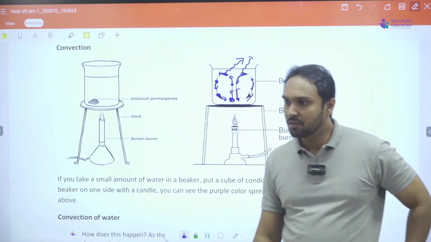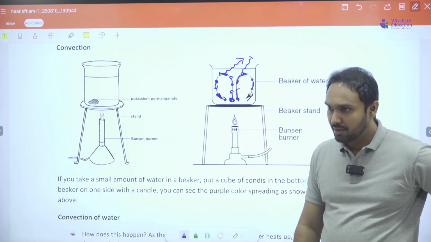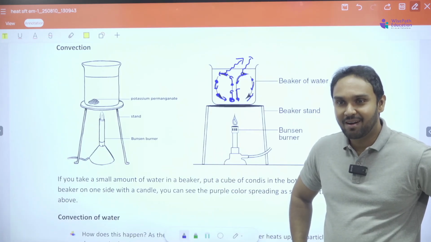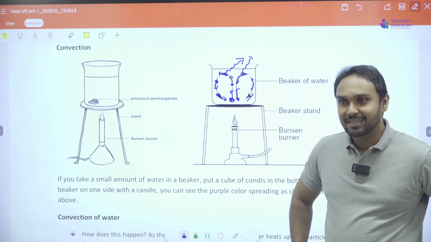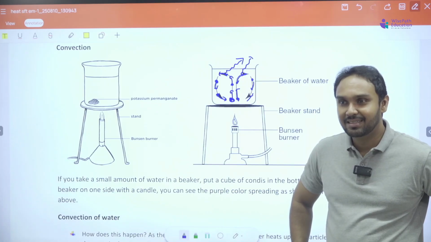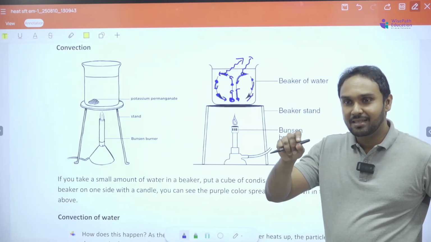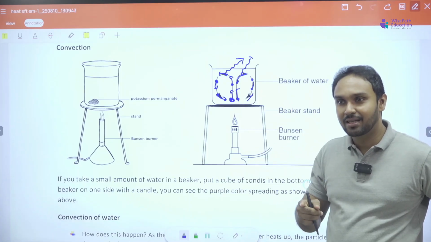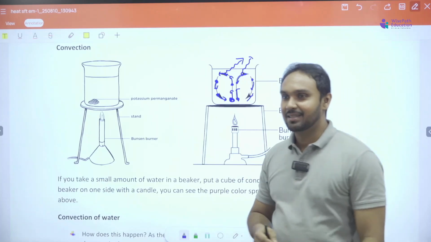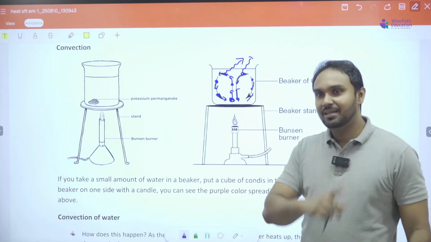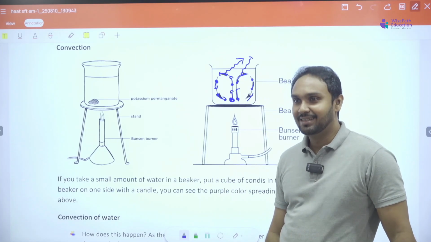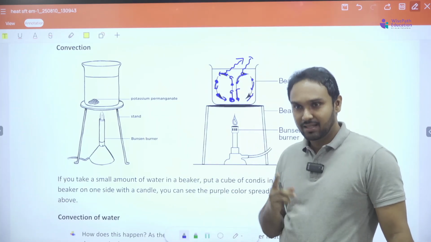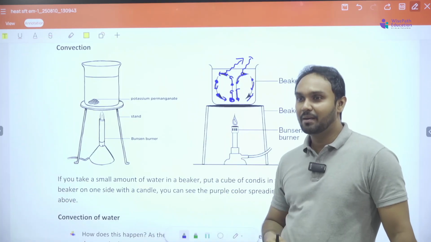Have you cooked dal or something? What happens when you are cooking the dal? Do you see the dal particles coming to the top and going back, circulating inside the curry? I saw it in a dal curry, that's why I'm telling it here. Dal curry එක ගොඩ particles තියෙනවානේ. Particles are rotating really fast. If you look at it, it's the convection currents happening there.